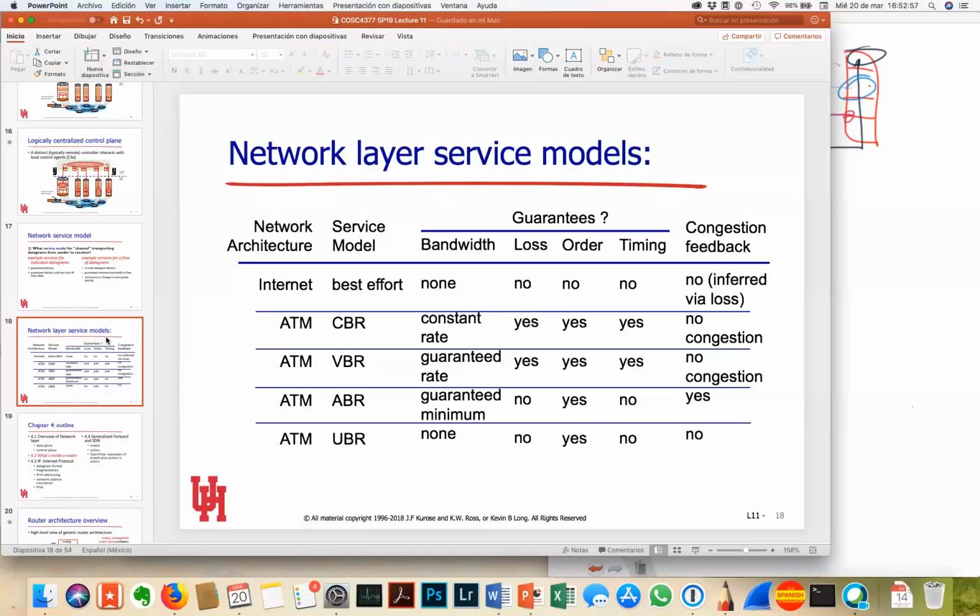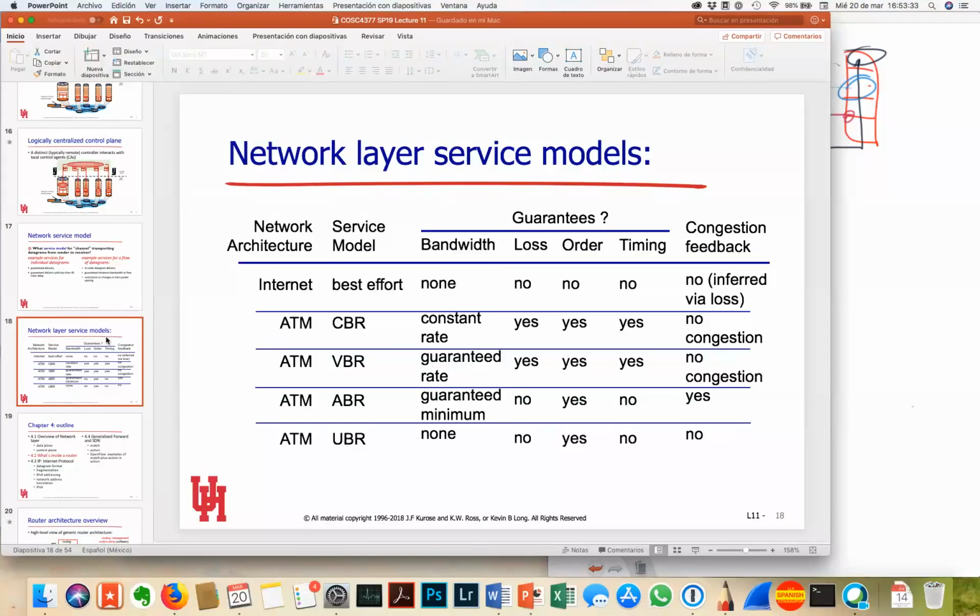Variable bit rate can fluctuate a little bit, but you're guaranteed a certain amount of throughput. But it does have some wiggle room. ABR is maybe adjustable bit rate. Some people will call it other things as well, but this is one that says, look, I'll guarantee you a certain minimum. If there's less stuff going on the network right now and there's some bandwidth free, I'll let you burst up and use more of it,